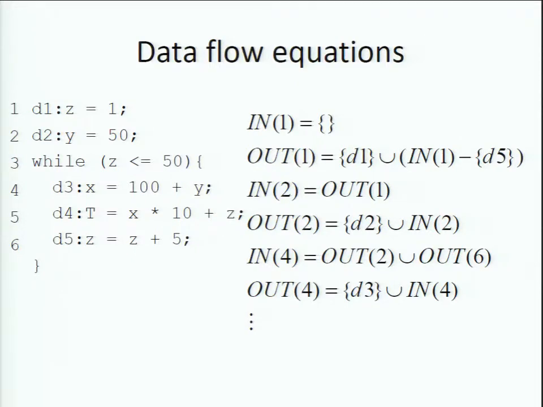What I have done is that, actually in 3 should be equal to in 4 should be equal to out 3, but since the while doesn't do anything, I have simply eliminated that while, and I have said that in 4 will be equal to out 2 union out 6, because those are the two predecessor statements. Out 6 will be equal to gen 6 union (in 6 minus kill 6), and then in 6 will be equal to out 5. So that's how you relate the in and out sets.